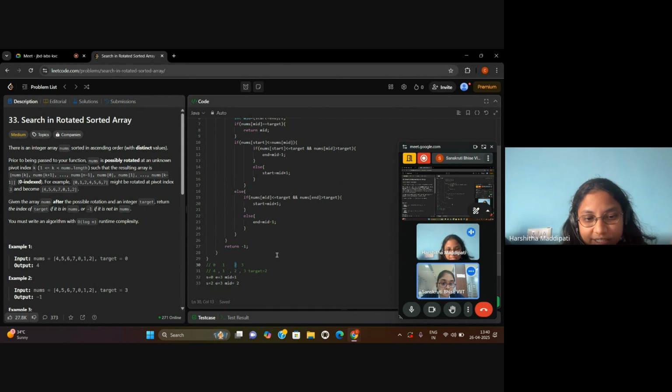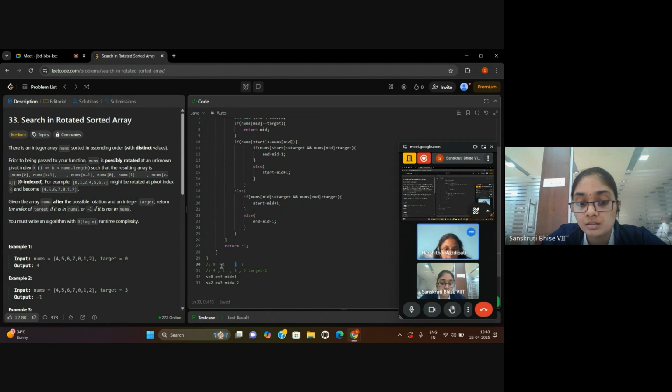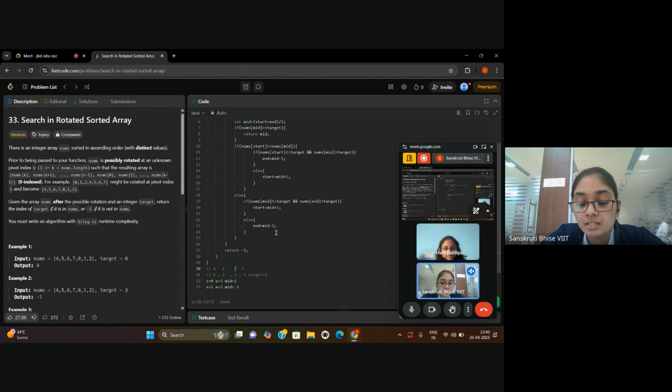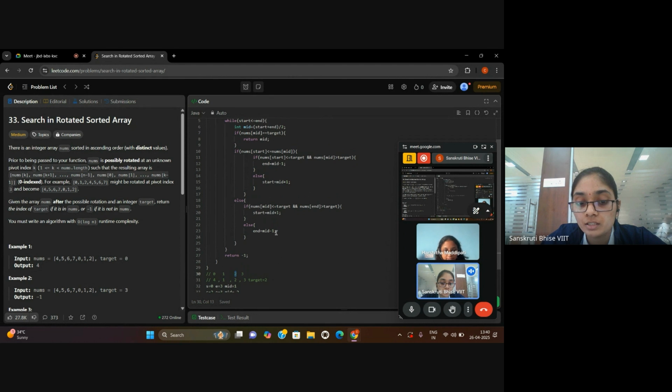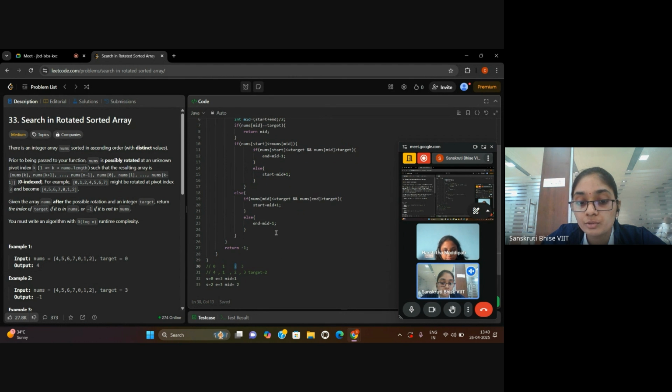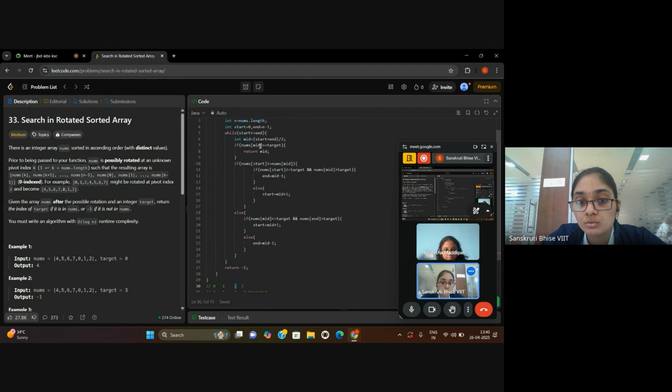We are moving start equal to mid plus 1. For start equal to 2 and end equal to 3, we will be getting mid as 2, so we will get the answer at this condition.